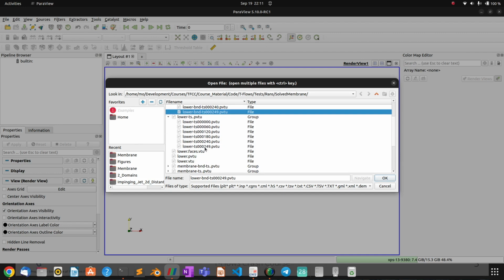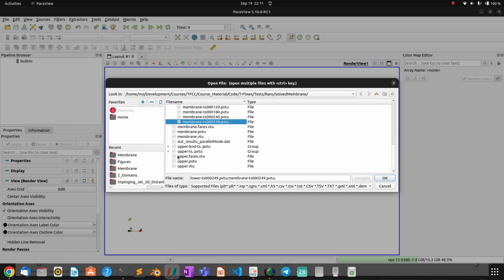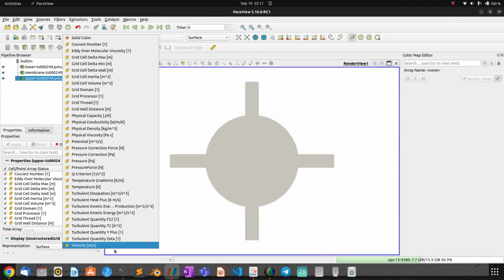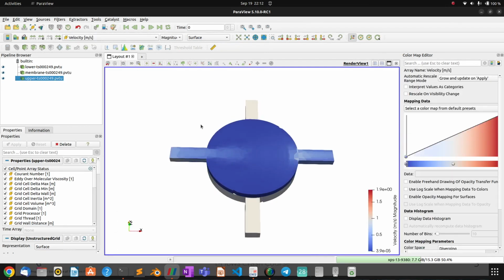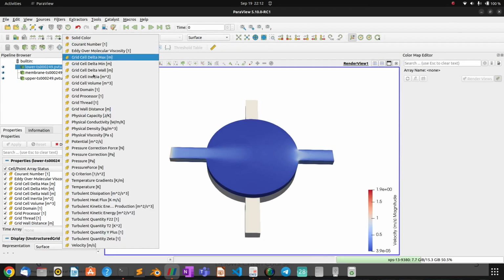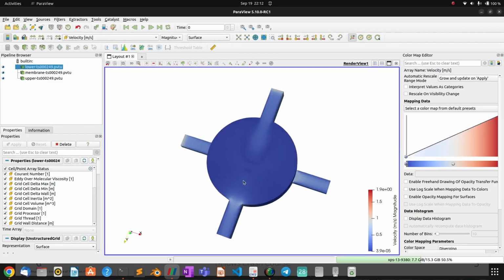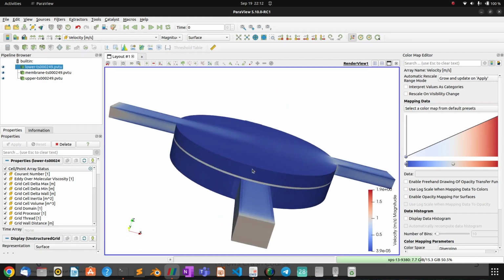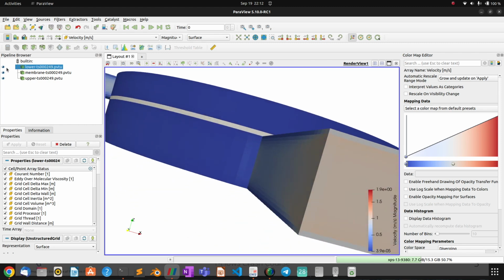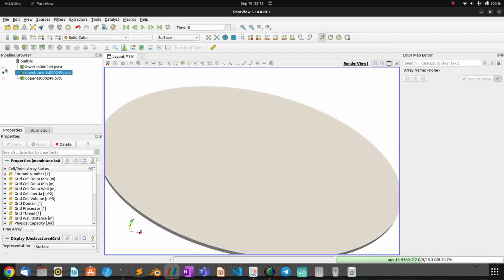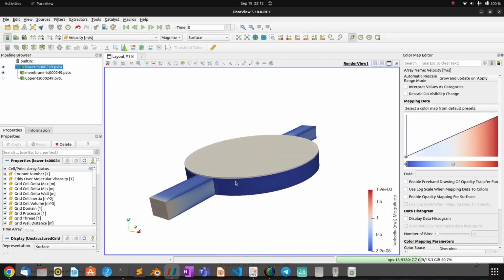And lower domain, membrane, and upper. So if you have these three files, you can open them. Then when you open, that's the upper domain, the lower domain is here, also marked by velocity contours. You can see already that there's a very beautiful jet-like type of flow. Then you have the membrane in between, which is not colored yet. You can toggle those first to see what's happening, but just to keep in mind as a frame of reference,